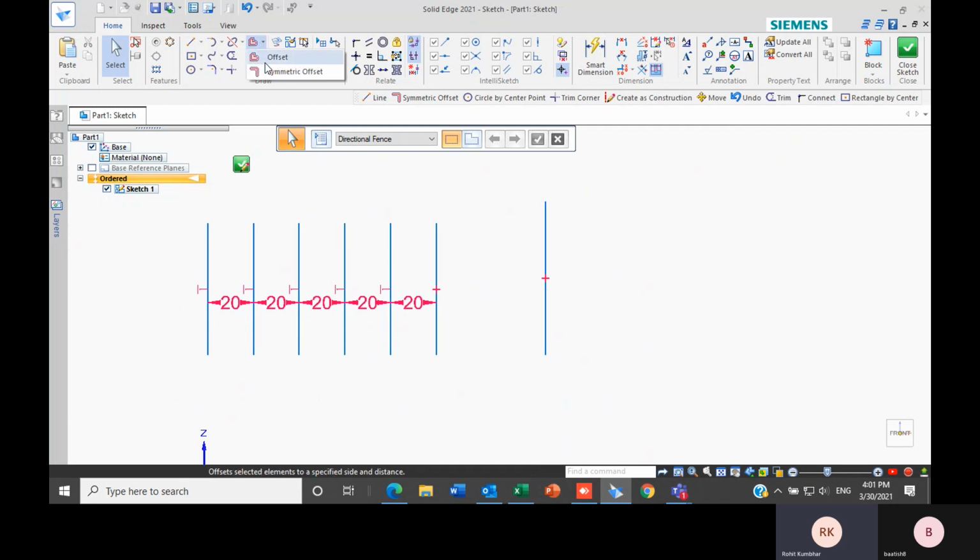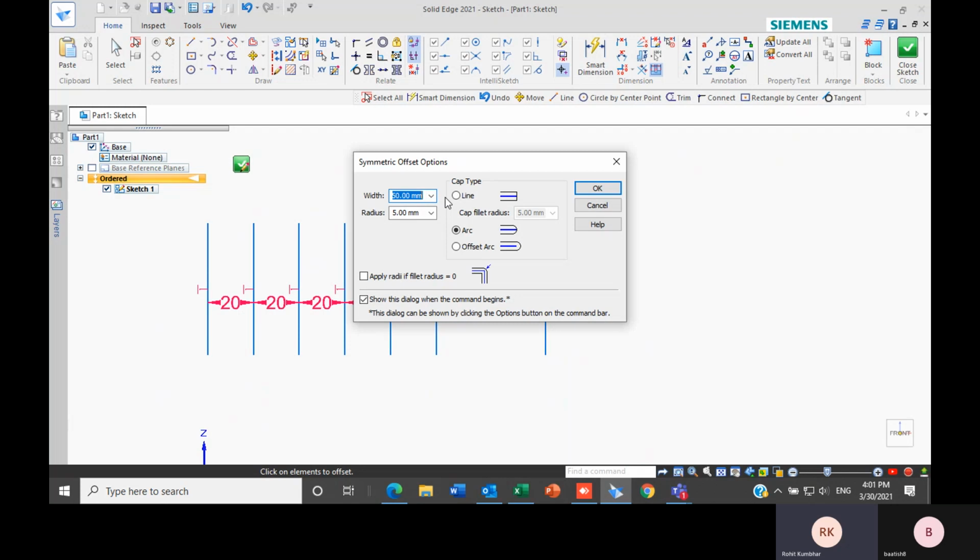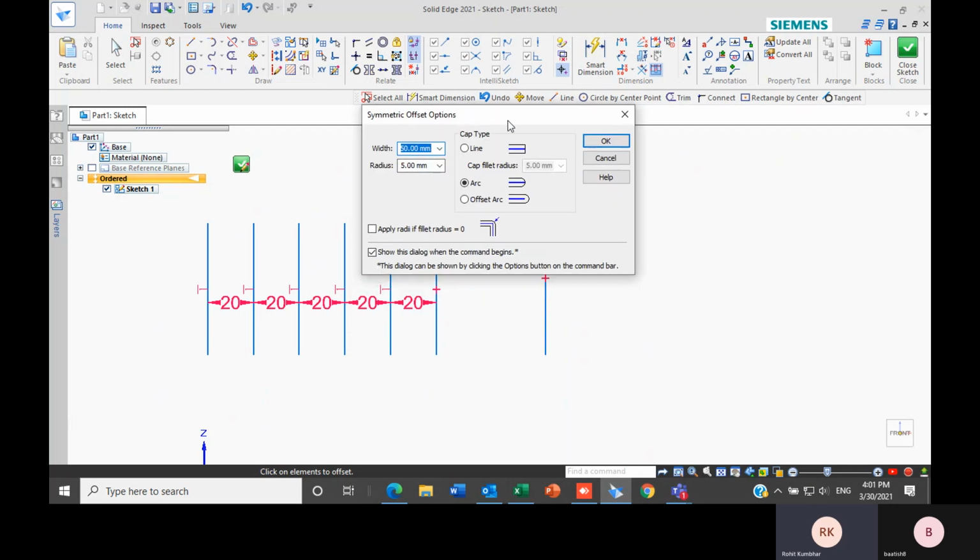Our next option is symmetrical offset. In the symmetrical offset, I just have to specify the width, the radius, and the cap type. Let's say I wanted line end. Then I want the width to be, let's say, 15 mm, and my cap fillet radius will be, let's say, 2 mm.